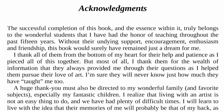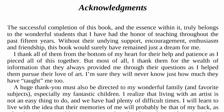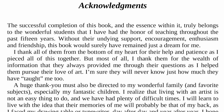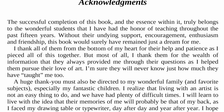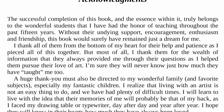Acknowledgements. The successful completion of this book, and the essence within it, truly belongs to the wonderful students that I have had the honor of teaching throughout the past 15 years. Without their undying support, encouragement, enthusiasm, and friendship, this book would surely have remained just a dream for me. I thank all of them from the bottom of my heart for their help and patience as I pieced all